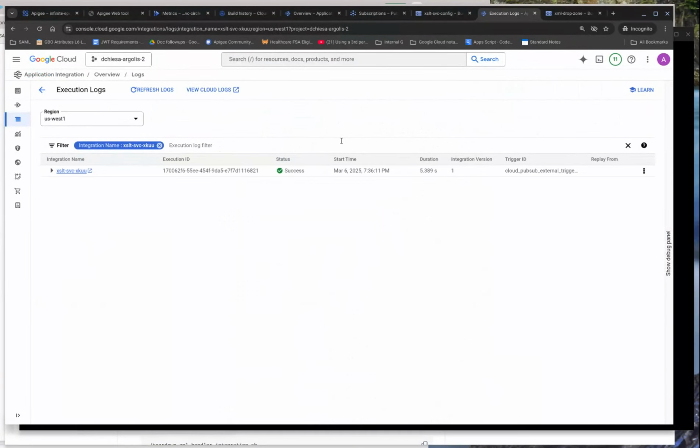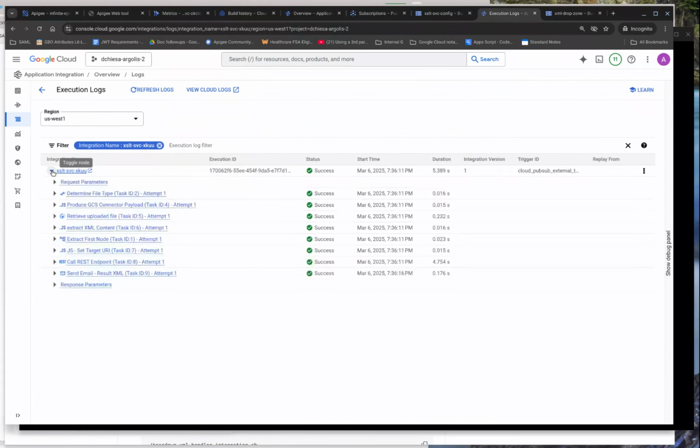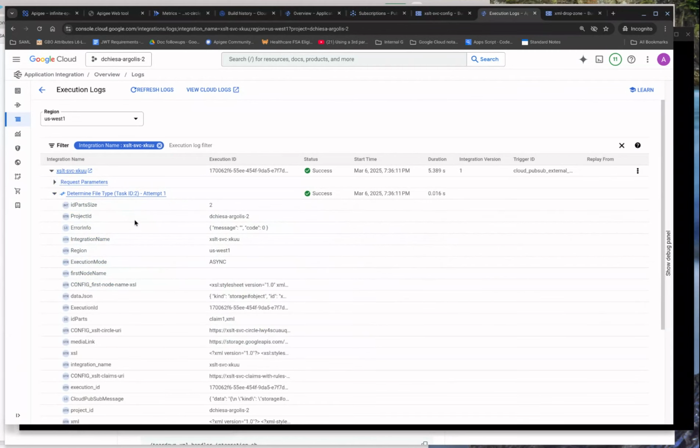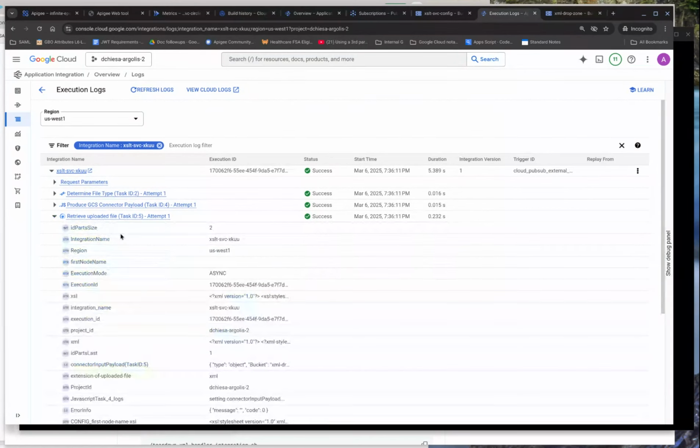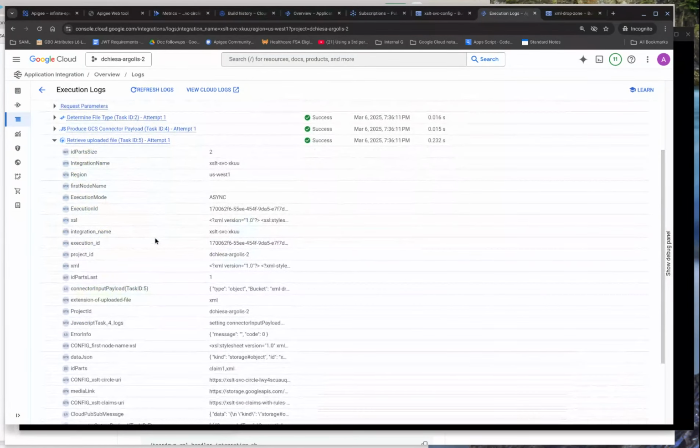If I click that one button here, I can see logs for this integration. I sent up one file, and you can see I've got a log of all of the steps that were executed, and the status of those. If any of these were to fail, you would see that. So basically, it gets triggered by the Pub/Sub topic, looks at the contents of the message there, retrieves the uploaded file via the Google Cloud Storage connector,